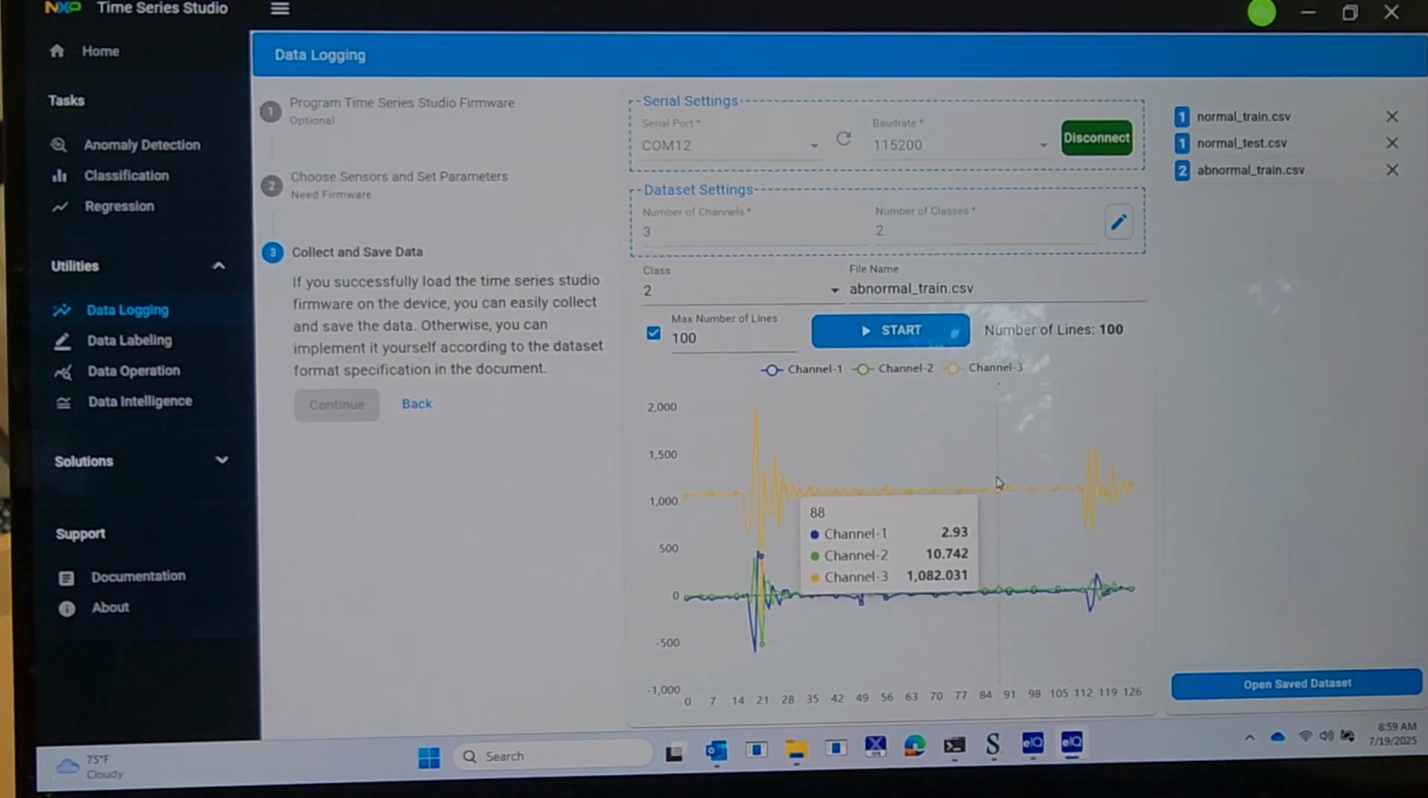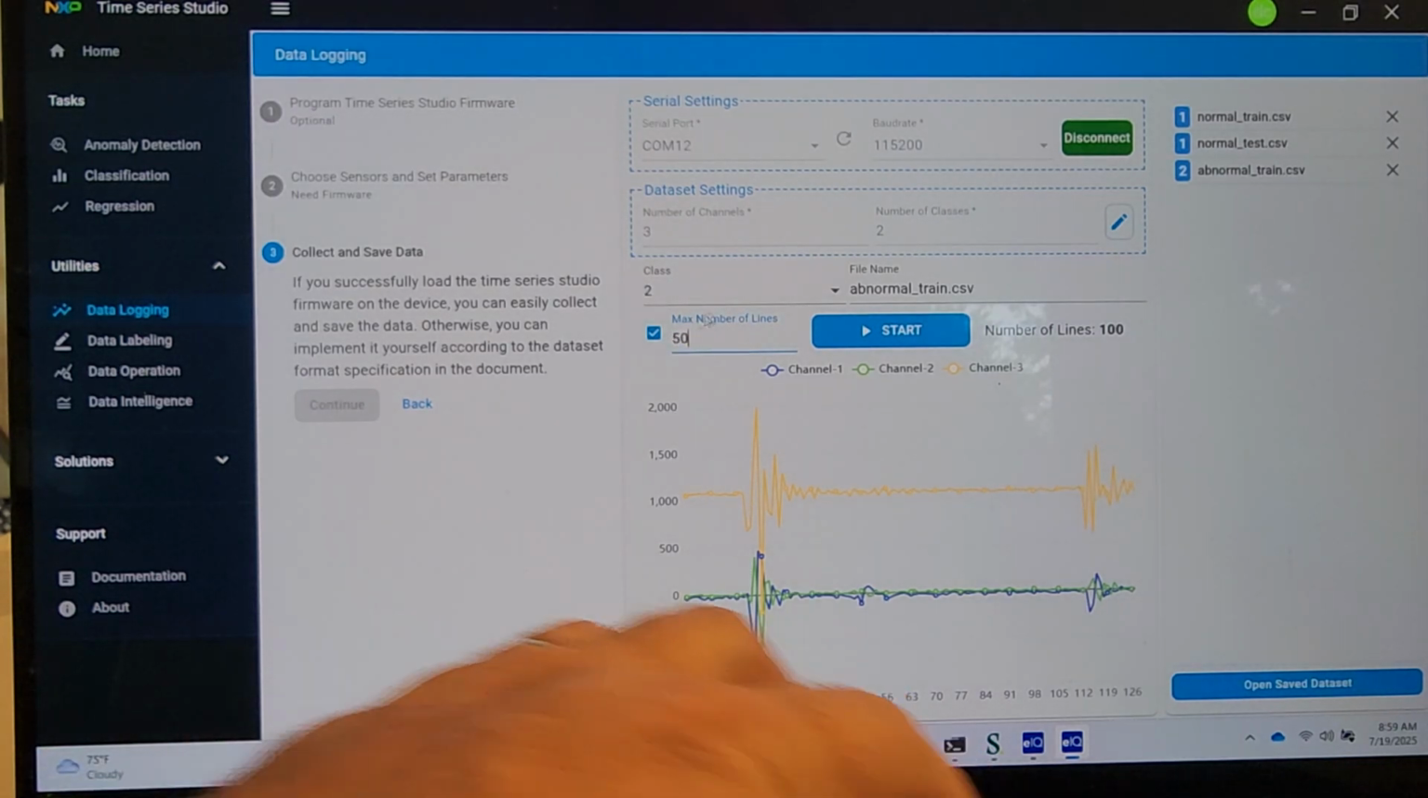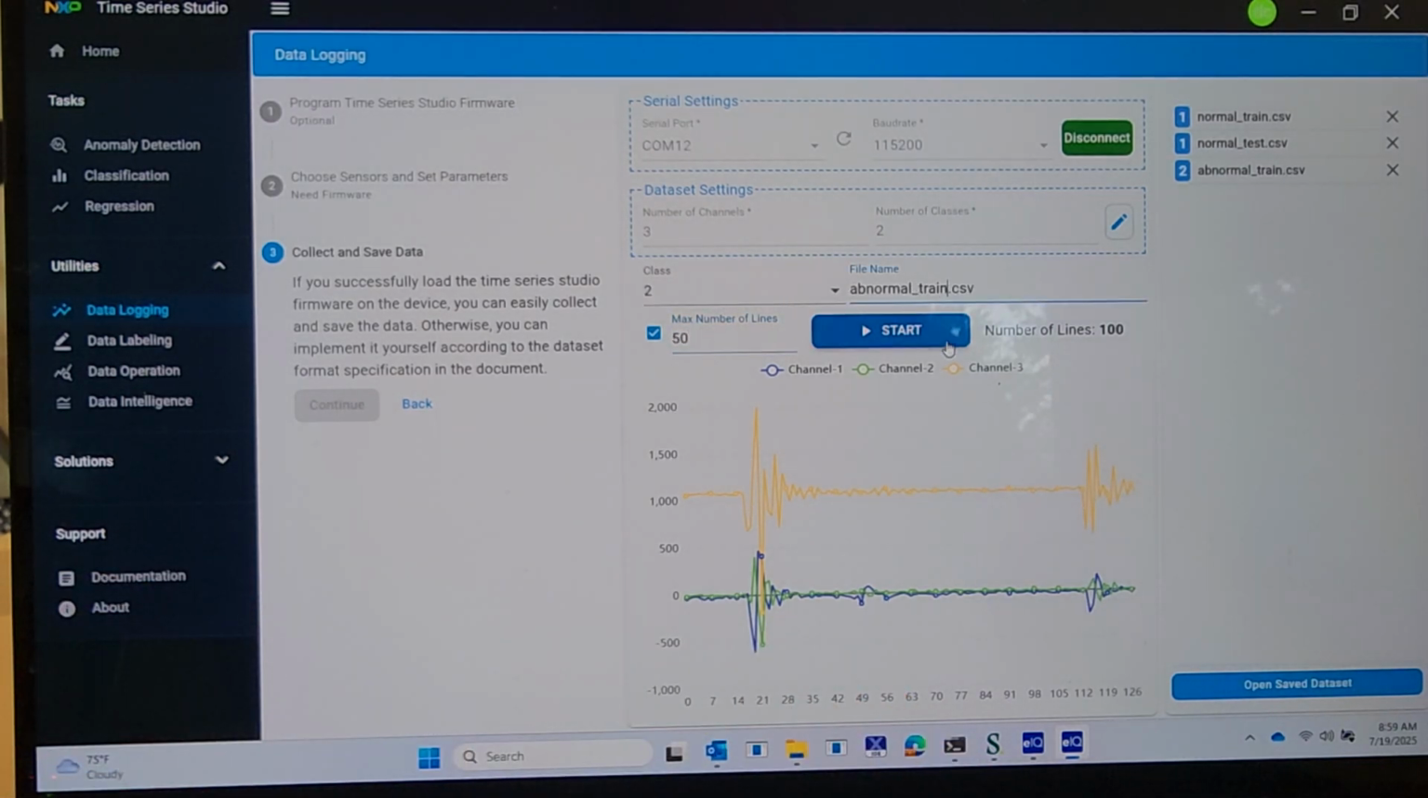So at this point, I believe we're going to be coming over here, leaving it on class 2. We can put 50 in there, and then change the train to test. Let me just confirm that's the correct parameters. All right, so